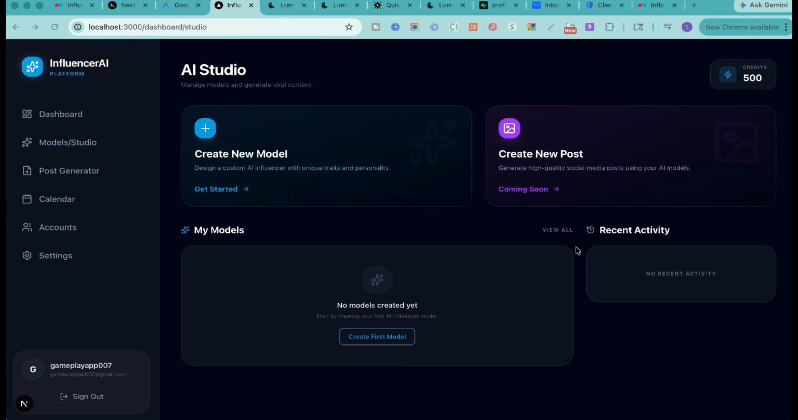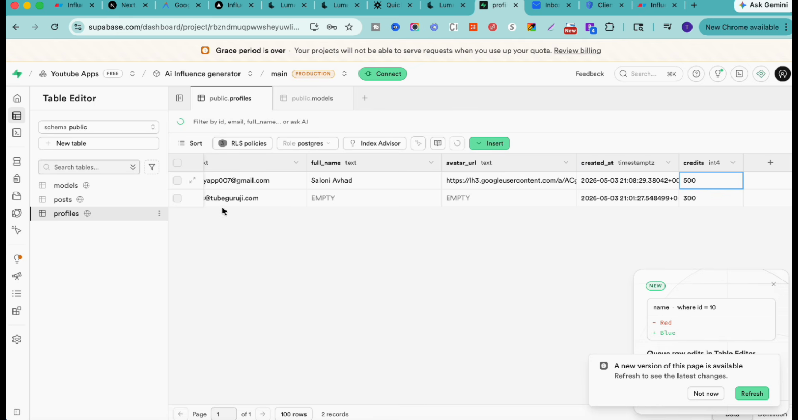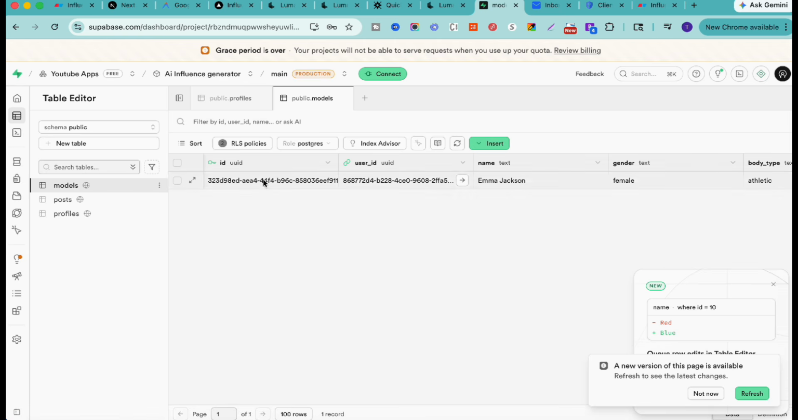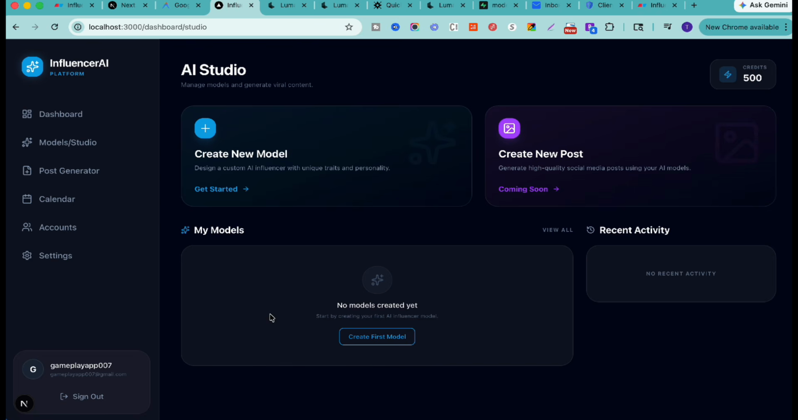Now after the AI model or influencer model image is generated, we want to show our models on this page. Currently we know that we are saving that model information to our database, but now we want to fetch and display it under this my model section. Okay,